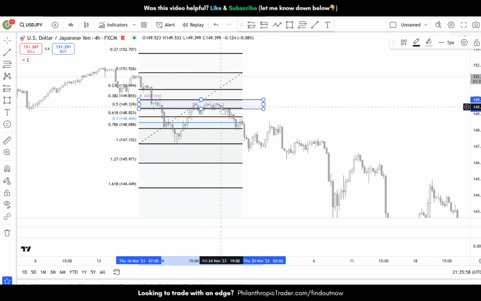It retraces a little bit, and from that moment we see that it goes to the downside. So this is a plus setup if you use the Fibonacci retracement tool, because there is a specific golden zone,